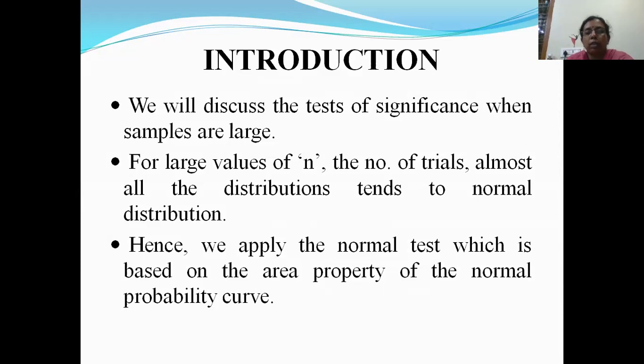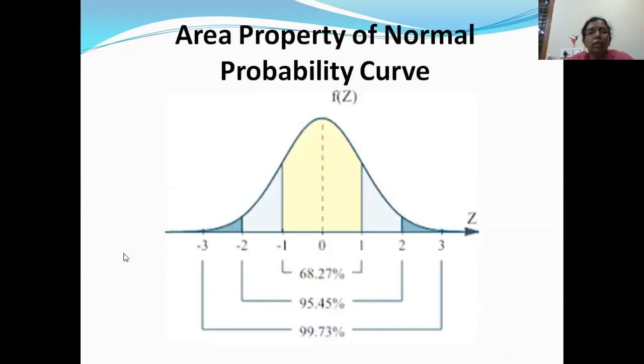First, let me explain about this area property of the normal probability curve, which you have already done in first year. This is the normal curve, and these are the areas I have shaded into different parts. Now what are these areas? This middle part is z equals 0. This is mean, median, mode. The highest point is the mean in a normal curve. In normal distribution, mean, median, mode coincide. Since z is x bar minus mu by sigma, these are equal, so this will become 0. Z is equal to 0.